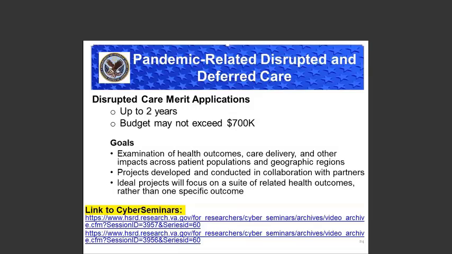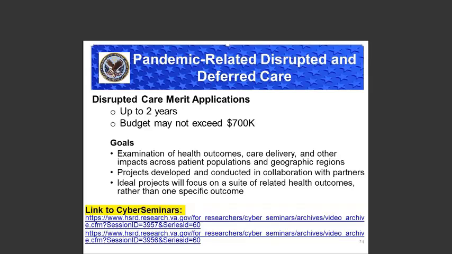So unlike the other RFAs here, this one actually does not have a pilot mechanism. There's only one mechanism for funding, and that is up to 2 years, and the budget may not exceed $700,000. The purpose of this is we want these to be quick projects that will give valuable information to our partners. Some of the goals here are examination of health outcomes, care delivery, and other impacts across vulnerable patient populations